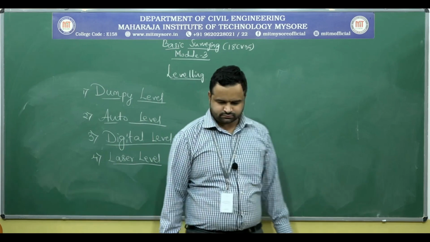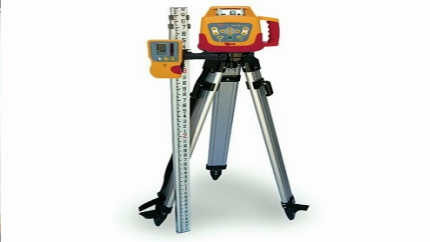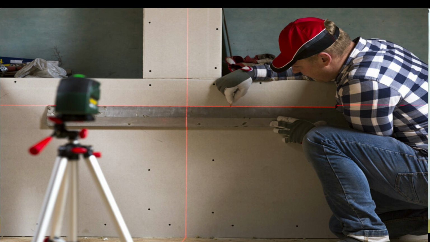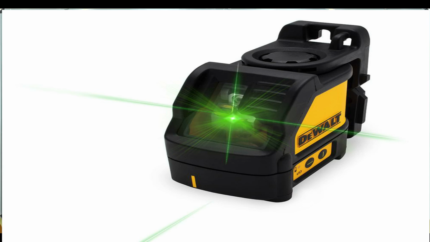Laser level. The laser level is a control tool consisting of a laser beam projector that can be affixed to a tripod, which is leveled according to the accuracy of the device and which projects a fixed red or green beam along the horizontal and or vertical axis. A rotary laser level is a more advanced laser level in that it spins the beam of light fast enough to give the effect of a complete 360-degree horizontal or vertical plane.